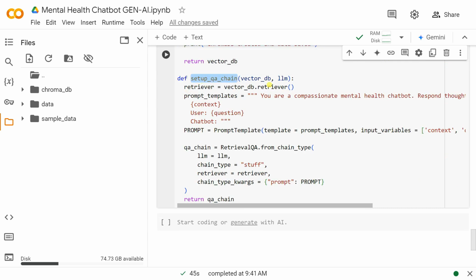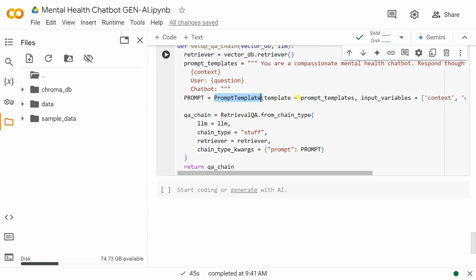इसके बाद हमने setup QA चेन को यूज किया है जो एक वेक्टर डेटाबेस लेगा, इसके बाद LLM लेगा, लार्ज लैंग्वेज मॉडल। इसके बाद हमने क्या किया, जो डेटा स्टोर यहाँ पर आ रहे हैं उसको हमने रिट्रीव किया रिट्रीवर की मदद से। इसके बाद हमने एक प्रॉम्प्ट टेम्पलेट यहाँ पर असाइन किया। इनपुट वेरिएबल हमारे पास 2 हैं, कॉन्टेक्स्ट है, इसके बाद क्वेश्चन है। इसके बाद RetrievalQA की मदद से हमने इसको LLM के साथ जोड़ा है, चेन क्रिएट किया है। चेन क्रिएट करने के बाद यहाँ पर रिट्रीवर भी पास कर दिया, हमारा प्रॉम्प्ट भी यहाँ पर पास कर दिया।